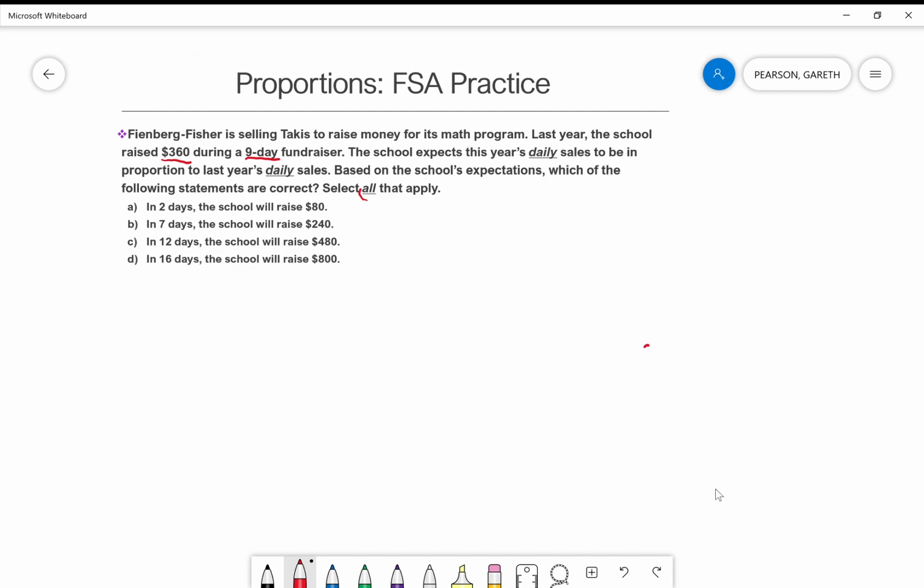Select all that apply. So you have three things that are important. Number one, your first number. Number two, your second number. Number three, select all that apply. Automatically, you know that means you need to select multiple answers. You need to review each and every one of those. Okay, so